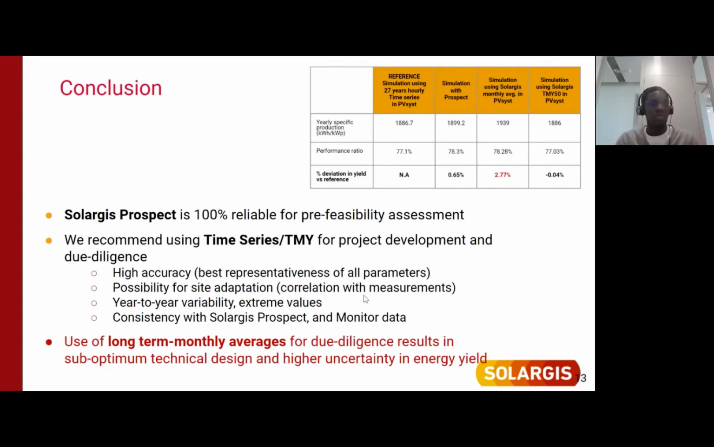However, when you work on project development where you need to do more advanced engineering and detailed engineering, and also optimizations, or in some cases financial calculations, which we know can also help to reduce the cost and minimize the project risk, then it becomes more interesting to use time series and TMYs. Simply because they provide high accuracy, which is the best representative of all solar and meteorological